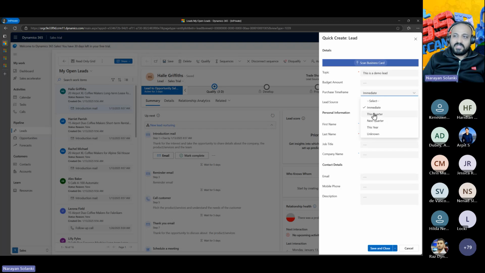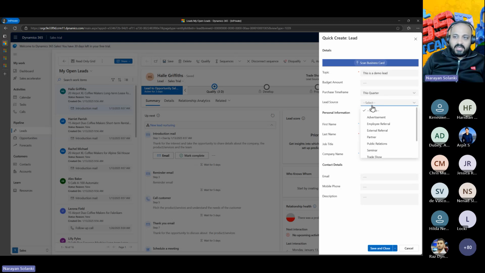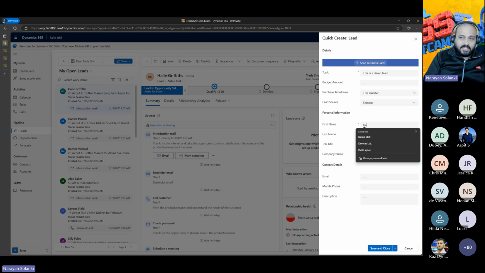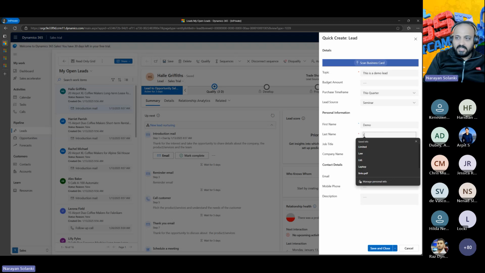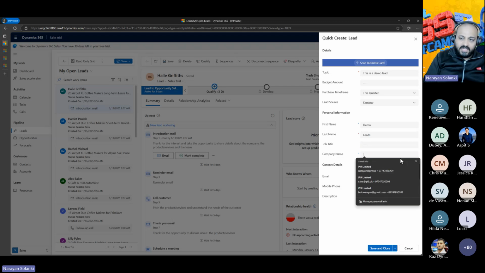If I have a lead going for this quarter, I can say I've got a little breathing time, but it's still kind of a warm lead. I can put down the lead source information, say seminar, it came from demo lead. And then I can put down the job title if I have one, and the company name,